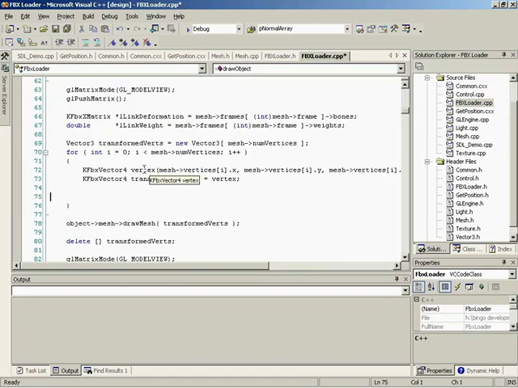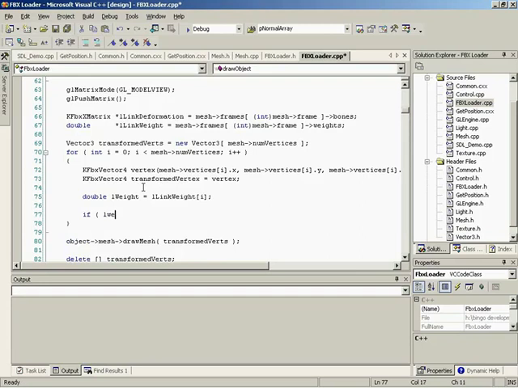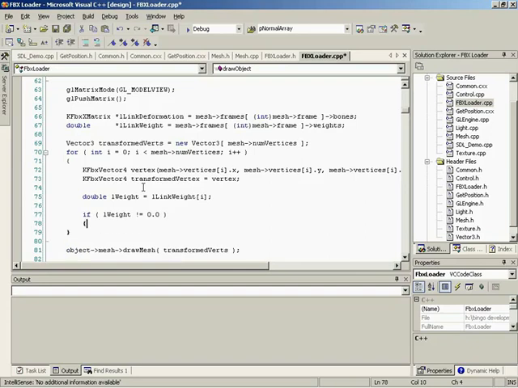And we need the original vertex so that we can have something to base all our transformations off of. So inside of here, what we're going to do is get our link weight as well. So L weight equals L link weight. And then if L weight does not equal 0, so this vertex is influenced, let's go ahead and